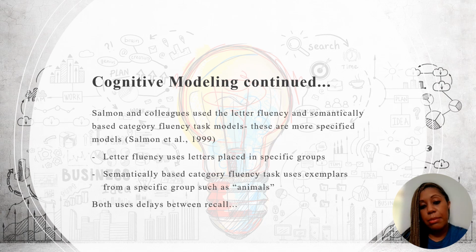Then there's the semantically based category fluency task. With this one, you would group specific things together, like animals or fruits. And for both of these, like I said, there's a delay between each time you have to recall. Those are just tests and assessments that you could do to discover whether or not there is cognitive dysfunction or